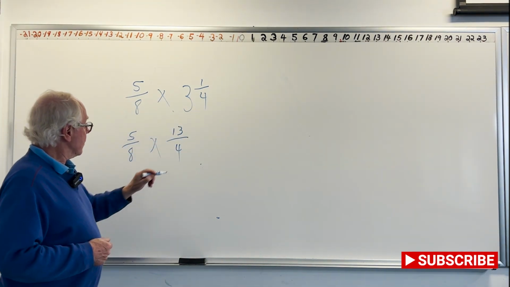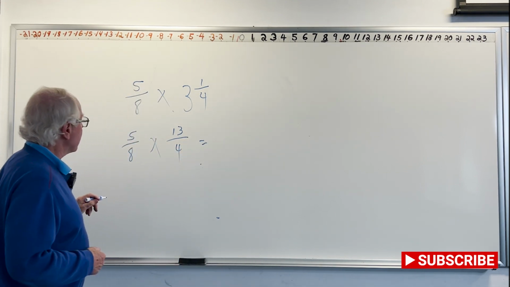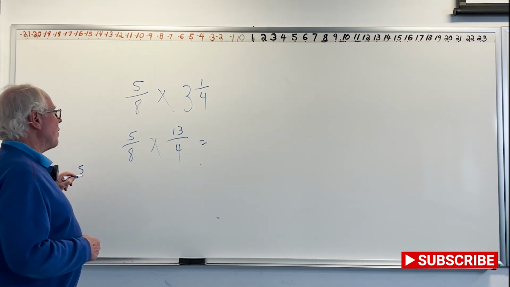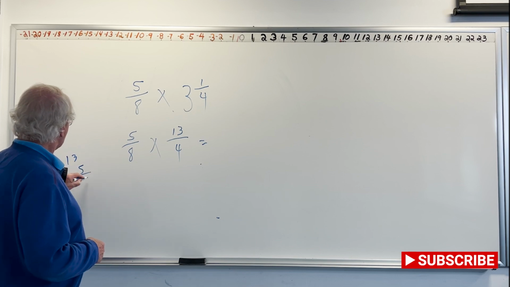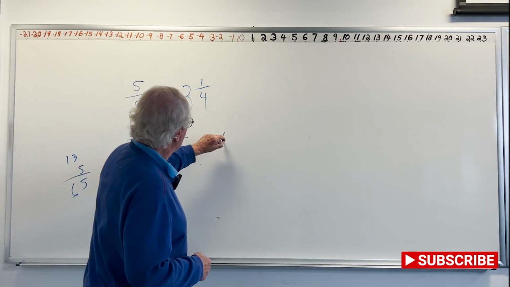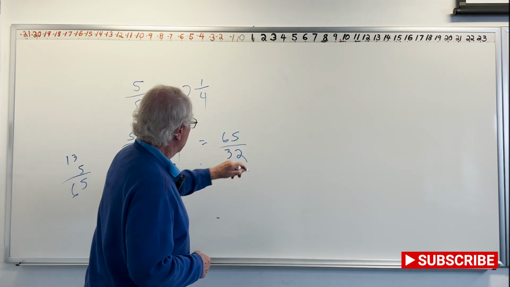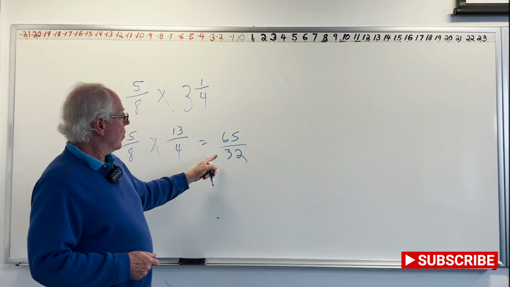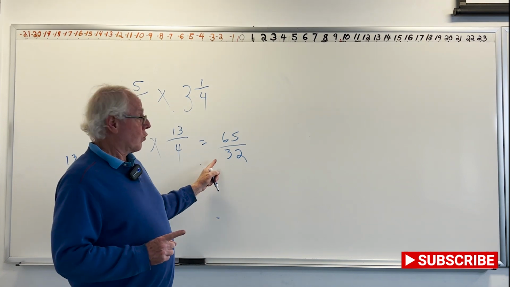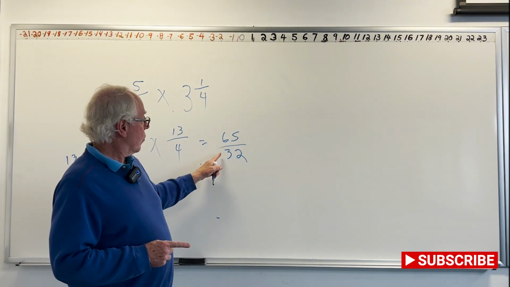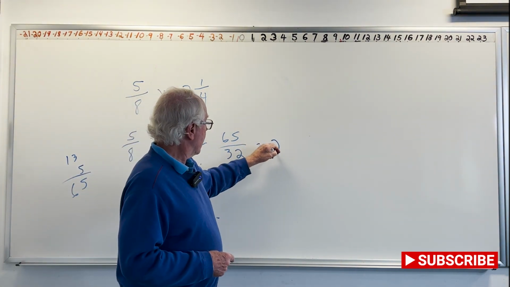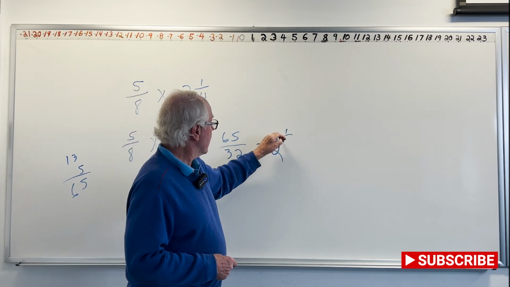Sorry, no canceling. 5 times 13 is, I think, going to be, I better check. 5 times 3 is 15. Yeah, 65 over 32. 32 goes into 65 twice. 2 times 32 would be 64. And remainder 1,